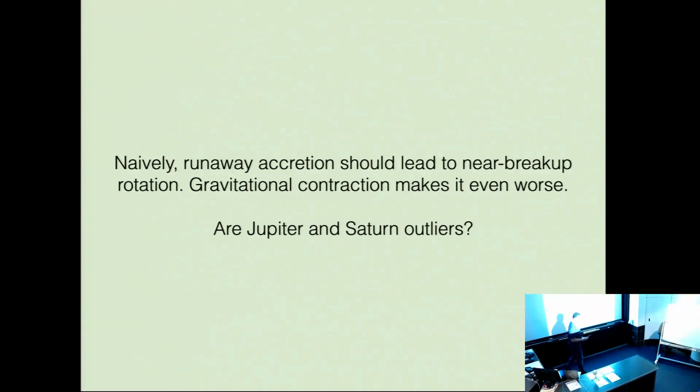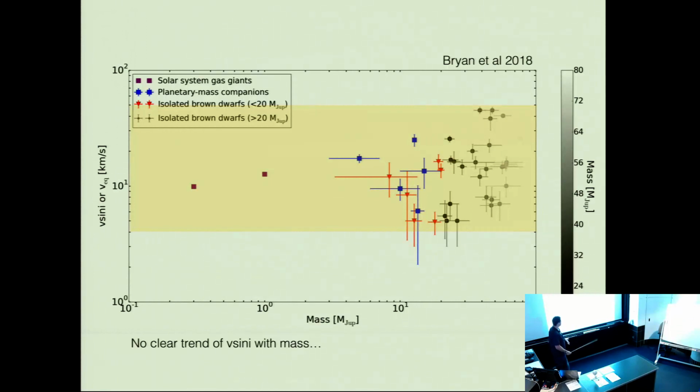And what makes matters worse is that when you form at high luminosity, you're a big planet, and then you gravitationally contract. That's the same as the ballerina bringing in her hands during a jump. You spin up. So what is happening? Why are both Jupiter and Saturn rotating at 10 hours, which is something like a third of their breakup rotation? Are they outliers? For a long time, I think we didn't know the answer to this question, but I was on a paper recently led by Marta Bryant, who was a graduate student at Caltech, did her PhD with Heather Knudsen,